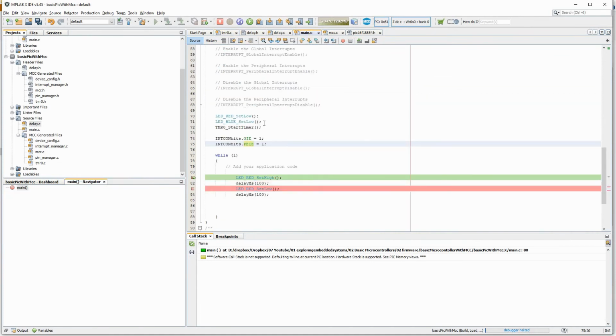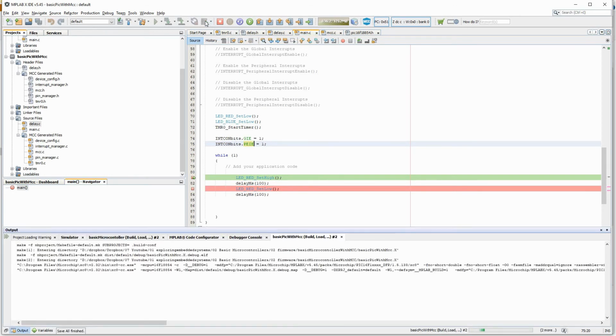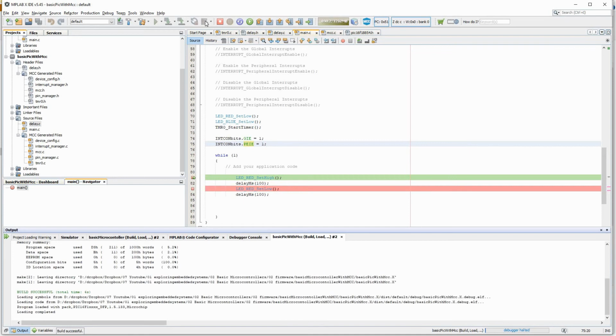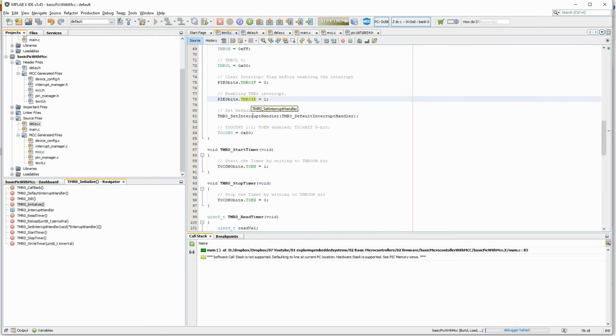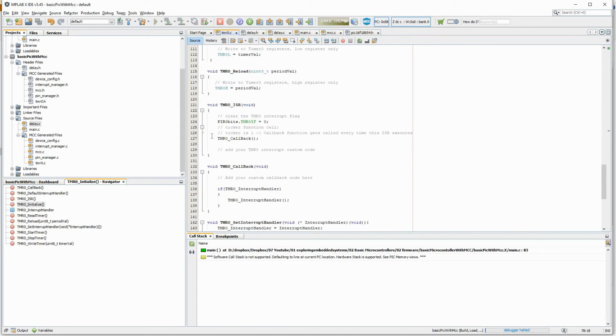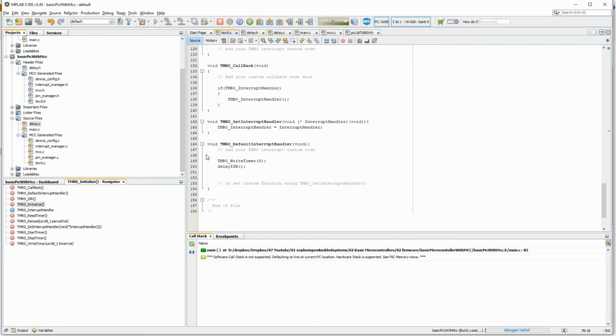So let's start now. So hopefully we should hit our breakpoint in the ISR. So let's see. So let's start the code. Seems to be working. So it's coming. Earlier what was happening, it was getting stuck. This delay was not getting executed. If I come here and put the breakpoint in the ISR routine, timer 0 ISR, callback, and here. So let's see if this comes.